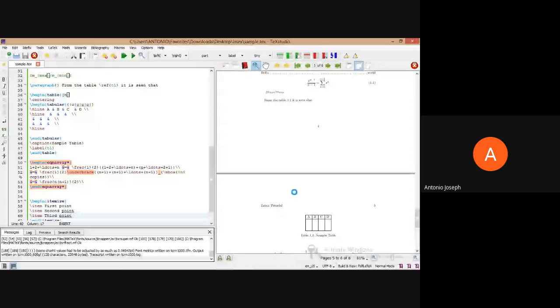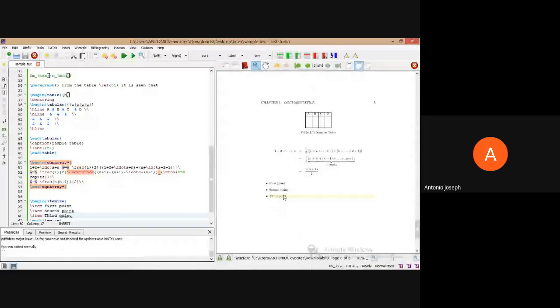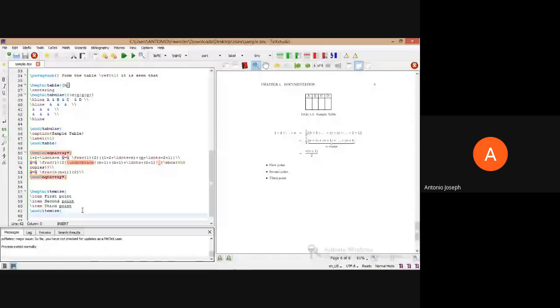See, this is how our bullet points will look. Now if you wish, we can provide numbering in this same place. We just change itemize to enumerate.